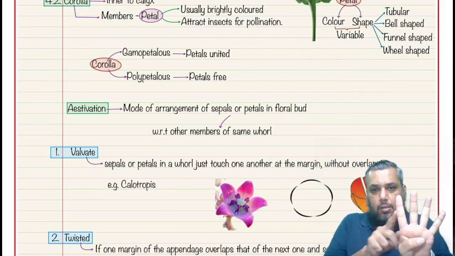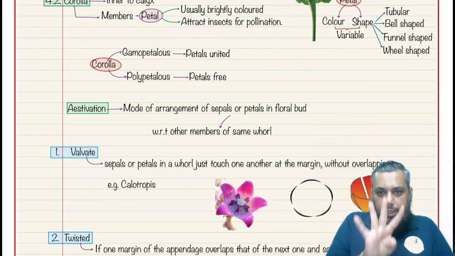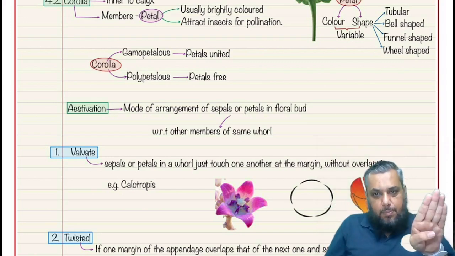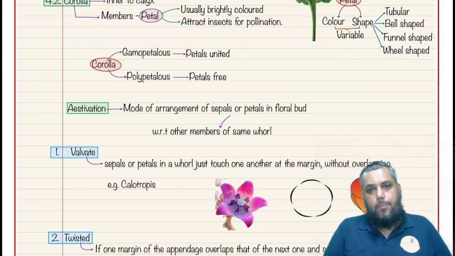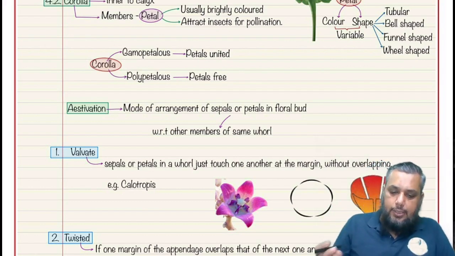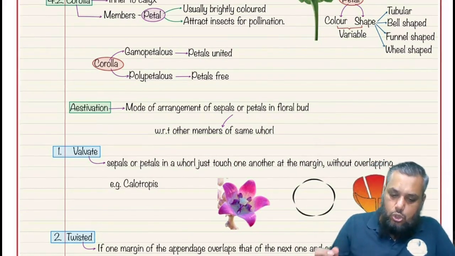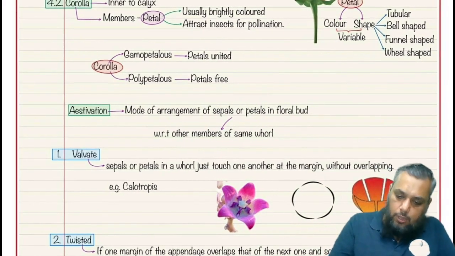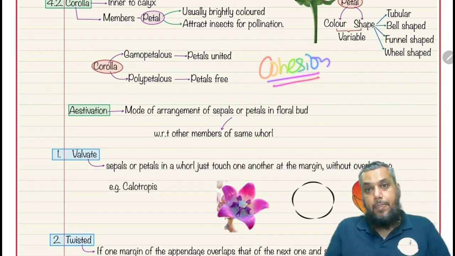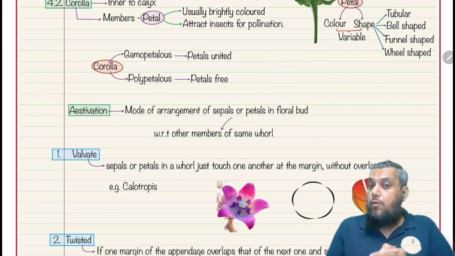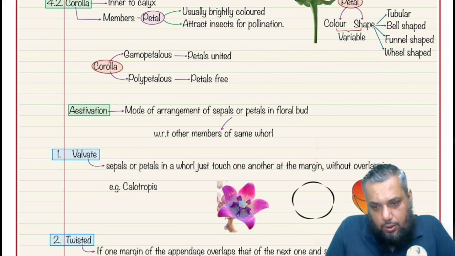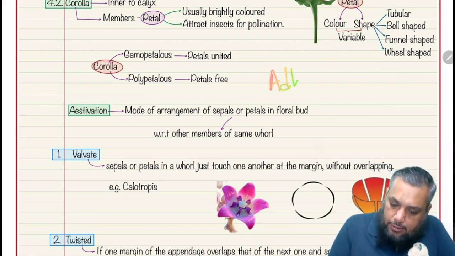तो चार सेपल्स हैं, उनका आपस में फ्यूजन, या चार पेटल्स हैं जिसका आपस में फ्यूजन है। सेपल पेटल फ्यूज नहीं हो रहे, सेपल सेपल फ्यूज हो रहे, पेटल पेटल फ्यूज हो रहे। तो जब ऐसा होता है, when there is a fusion within the whorl, then such a fusion is called as cohesion in botany. What do you call it? Cohesion. ठीक है। लेकिन अगर दो अलग अलग वर्ल्स के बीच में फ्यूजन होता, जैसे पेटल्स एंड्रोशियम के साथ फ्यूज हो रहे, तो हम उसको अधेशन कहते हैं, अधेशन।